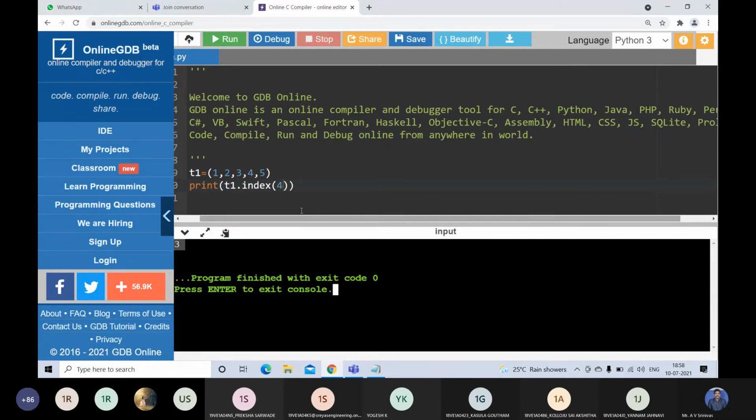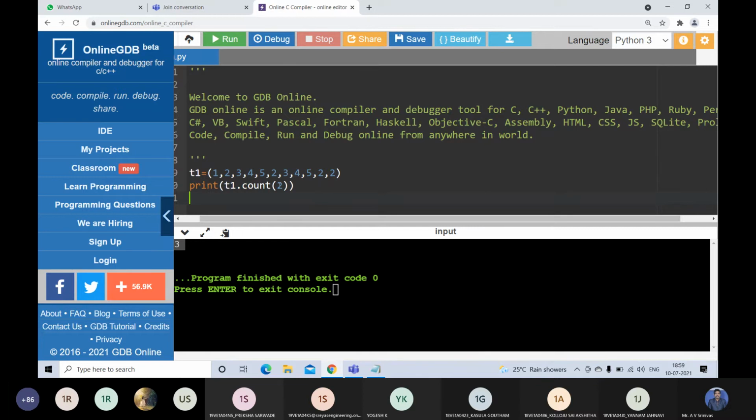So the index function is able to obtain the index of the specific element. Similarly, I have the count method. If I write t1 dot count of 2, the purpose of the count method is to count the number of occurrences a specific element appears in a tuple.